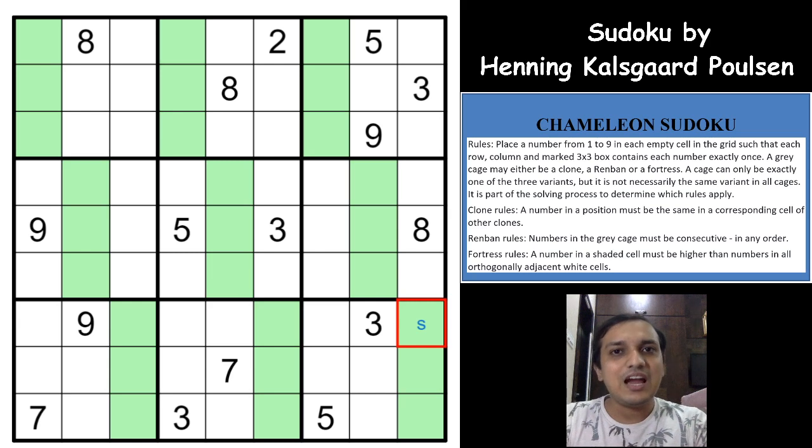Myself Ashish, and today I'll be covering a Sudoku variant called Chameleon Sudoku. The setter of this Sudoku is Henning Kalsgaard Poulsen, and this Sudoku was posted in a Daily League Facebook page